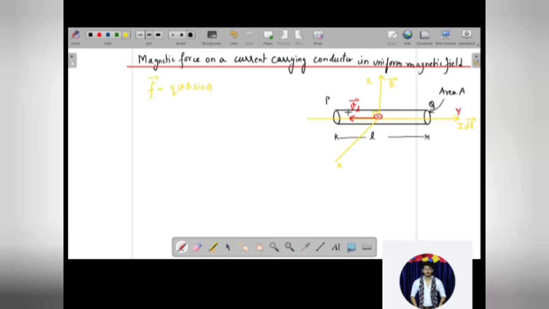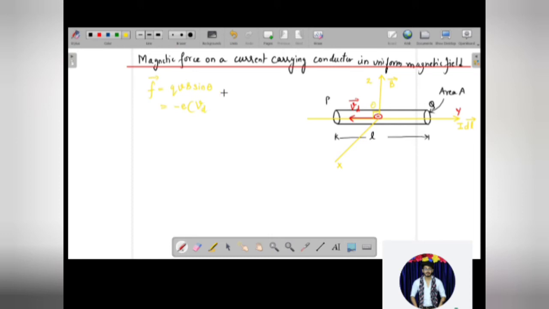Now not all the electrons are going to travel in the direction perpendicular to B. Not every electron, because electron motion is random in a conductor. So every electron is not going to travel perpendicular to the B. So let us consider that theta is the angle between Vd and B. Now since our charge is the electron, let me substitute it as minus e. And this is going to be vB sine theta. v is the velocity of the electron, so I have considered it as the drift velocity.